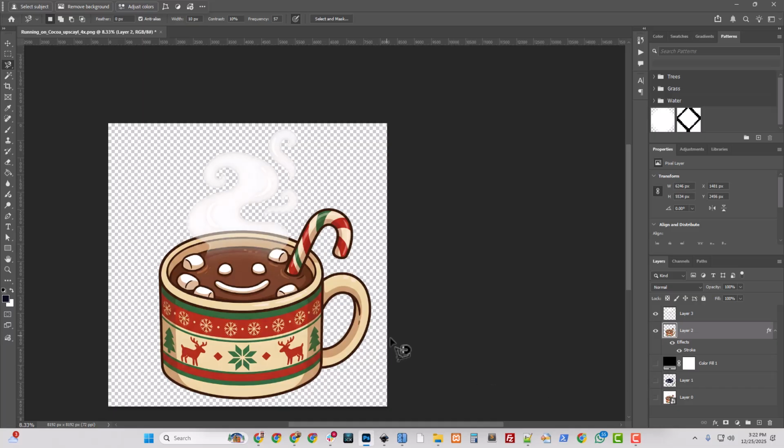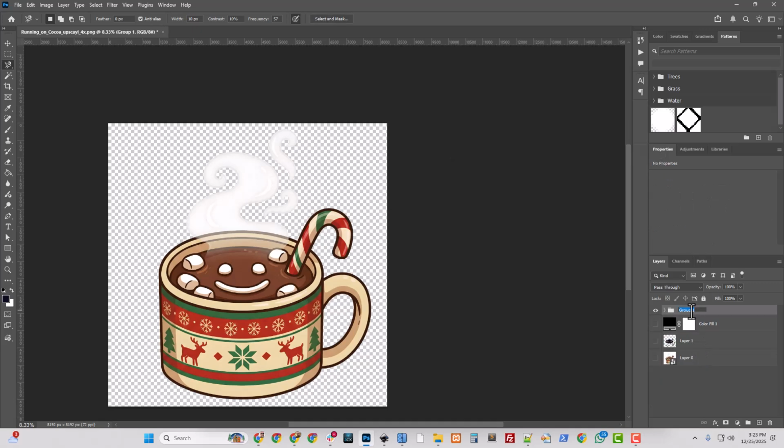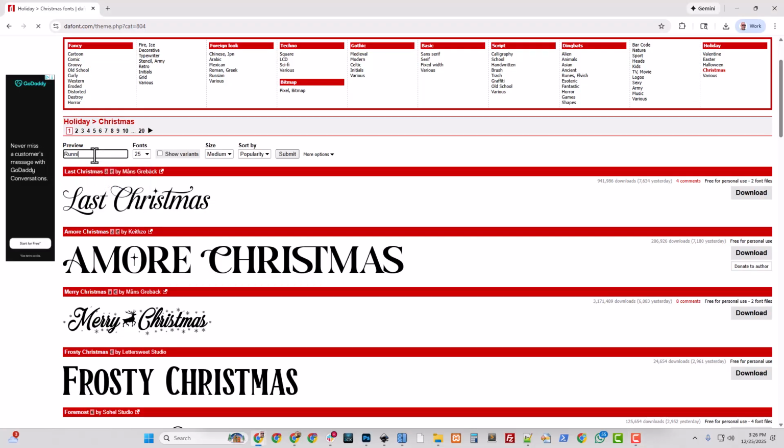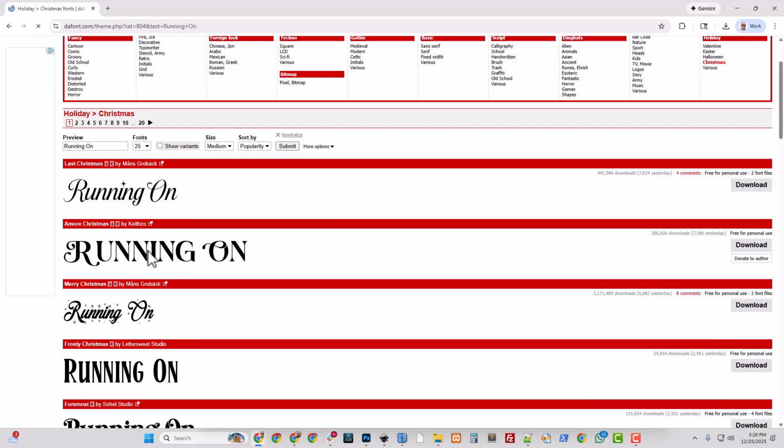All right, so now we've got our image, and it consists of these two layers. And you could name them, you could say mug, and you could say steam, and that feels nice and organized. And then I'd like to probably group those layers, and I'll call this artwork. All right, so look, we've got an isolated image, and now all we need to do is add some text. So to add text, you need a font,